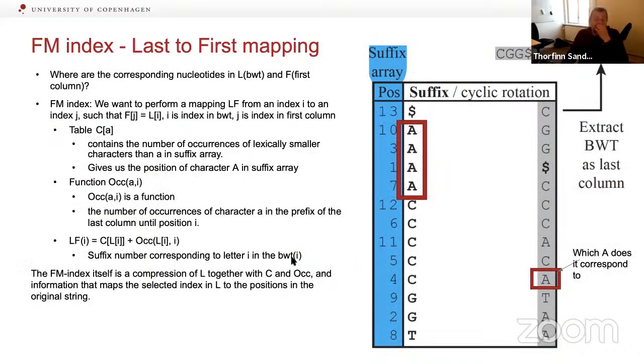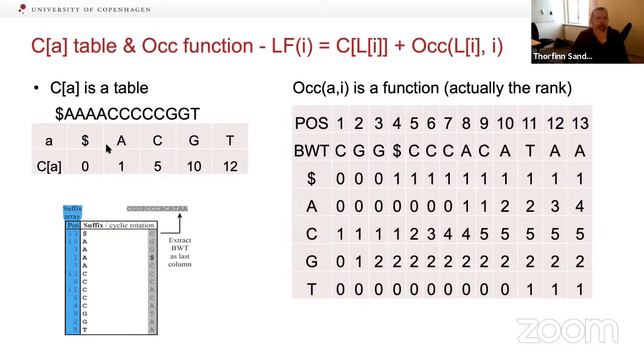Okay, so the FM index is the Burrows-Wheeler transform of our text, and then a representation of these two tables or functions. So let's do a quick example. We have our table here. This is the same example as before. The terminating symbol starts at 0, the A starts at row 1, the C starts at row 5, the G starts at row 10. Yes, it's because this is one index, sorry, that could be a bit confusing. The T would be the last one that starts at row 12. Okay, so this is our C table.